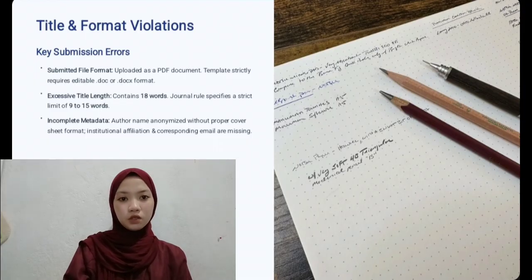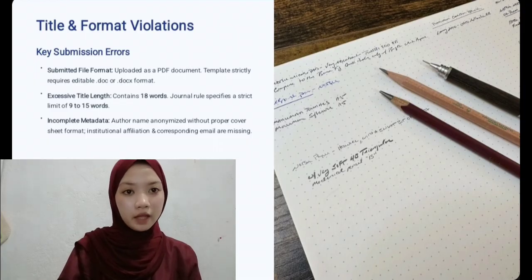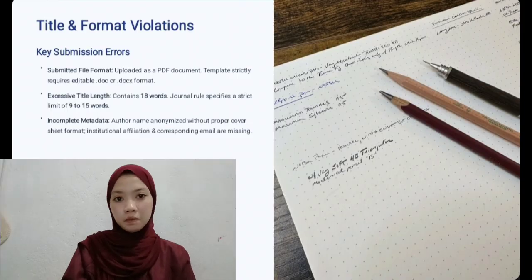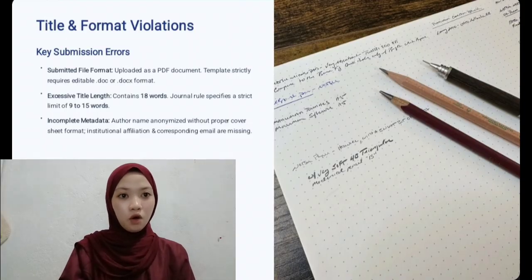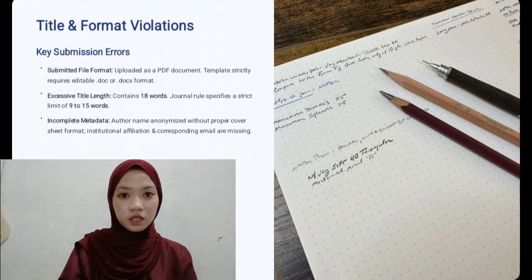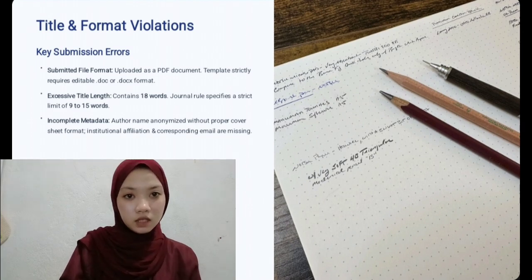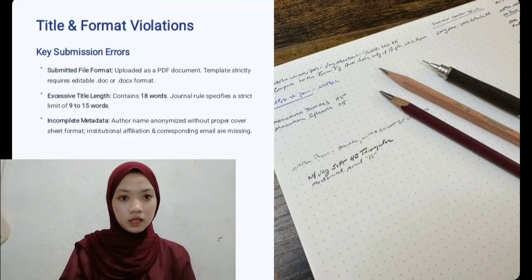On slide 3, we address the technical and metadata violations. First, the manuscript was submitted as a PDF file, whereas the template explicitly required a Microsoft Word document to facilitate editing and review. Second, the title contains 18 words, exceeding the journal's strict limit of 5 to 15 words.